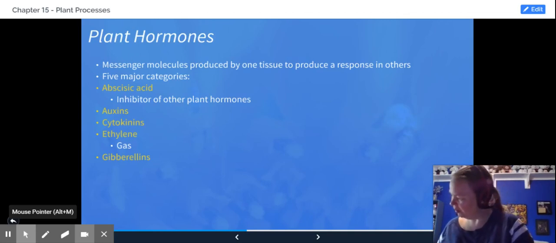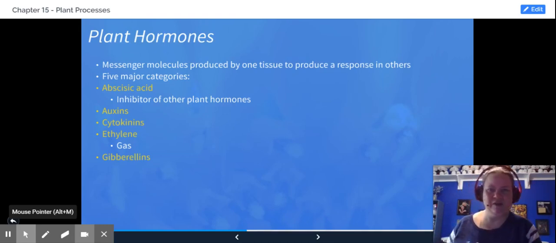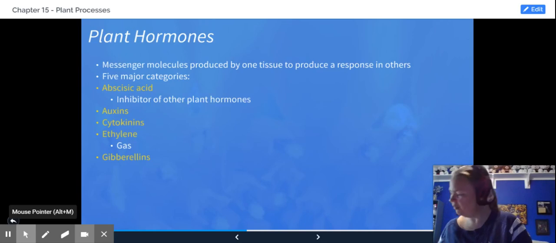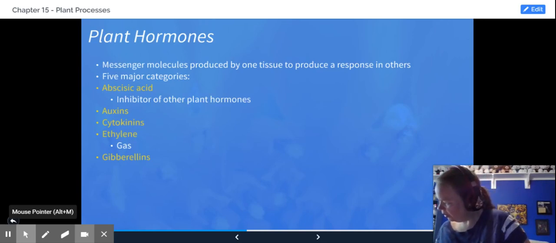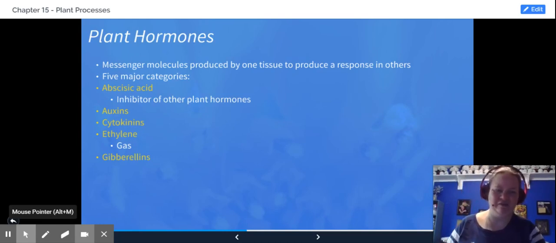Ethylene is a gas, and basically it is the only one that is a gas, and it causes fruit to ripen. Too much buildup and it will over-ripen and cause the fruit to spoil. Okay. And then gibberellins are hormones that encourage stem elongation and cell division in the shoots and leaves. Okay. So those are the 5 main